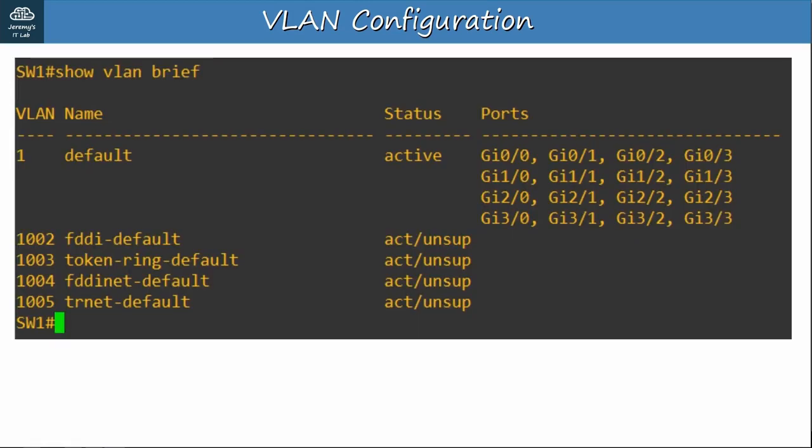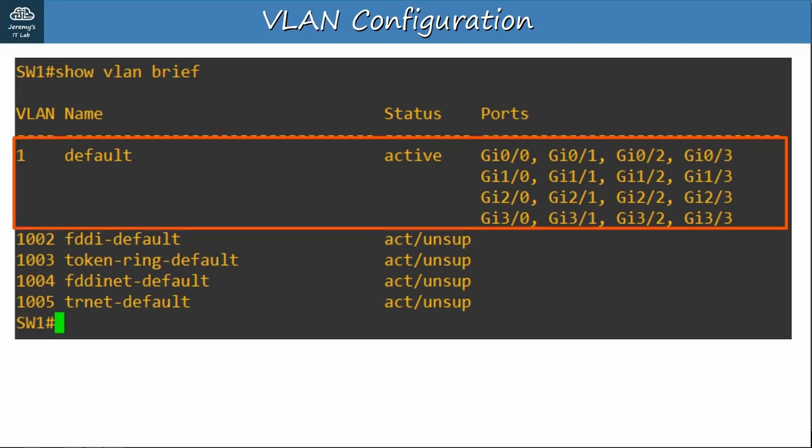Before configuration, let's look at the VLANs that exist by default on a switch. In this output, you can see I use the command show vlan brief. It displays the VLANs that exist on the switch and which interfaces are in each VLAN. Here you can see VLAN 1 with the name default. This is the VLAN that all interfaces are assigned to by default. So even if you don't configure any VLANs, all interfaces are in VLAN 1 by default.